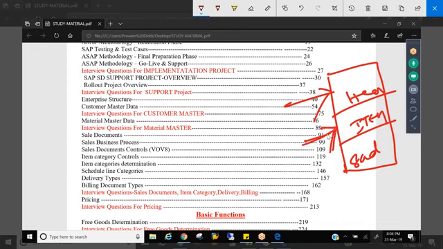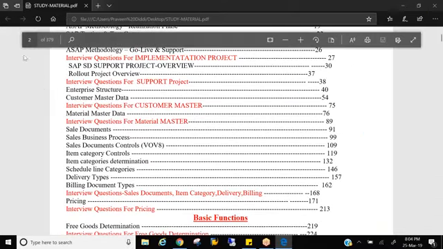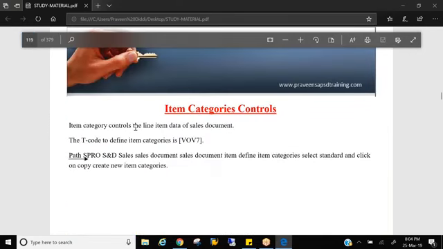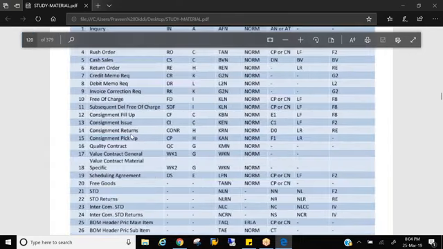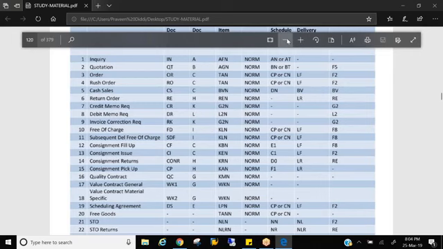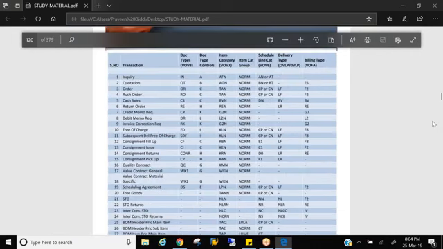Every different process has different item categories. It's very important for you to remember all these item categories. There will be total close to 40 item categories. No option.